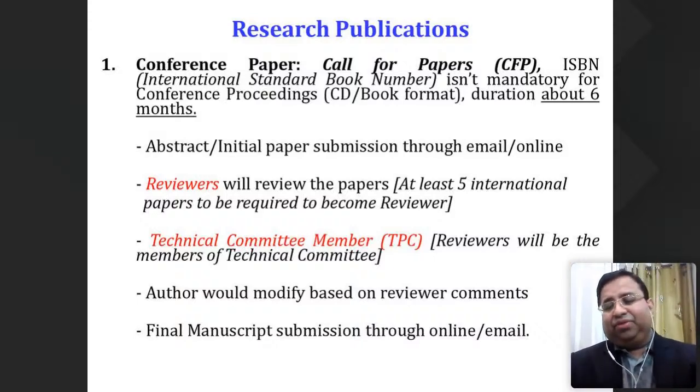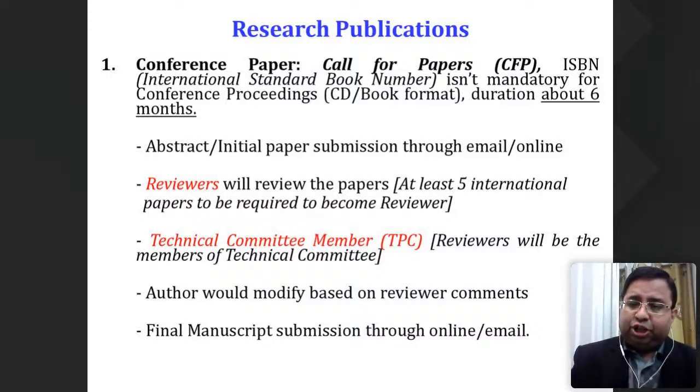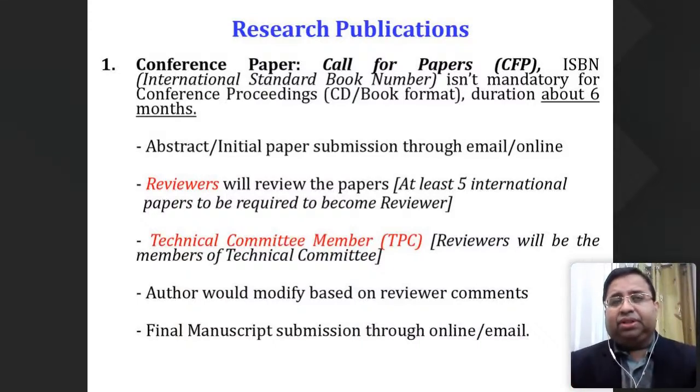And then when the reviewers review the papers, the authors have to modify based on the reviewer comments. Look very carefully. Reviewers, what is their job? Their job is to review the paper, and then the authors will modify the paper based on the reviewer comments. Now, usually in any conference there is a specified prescribed form